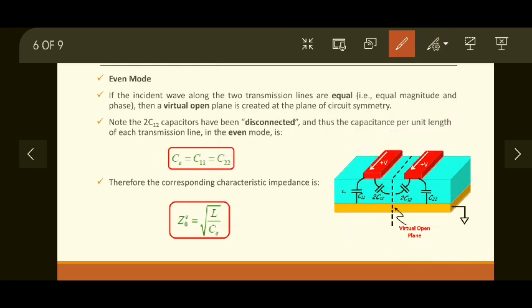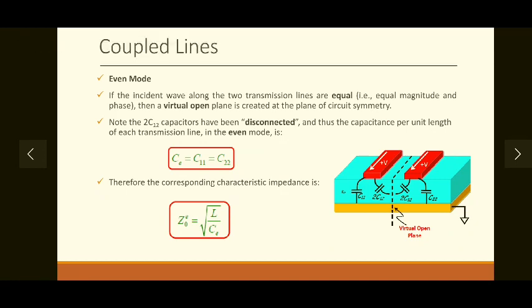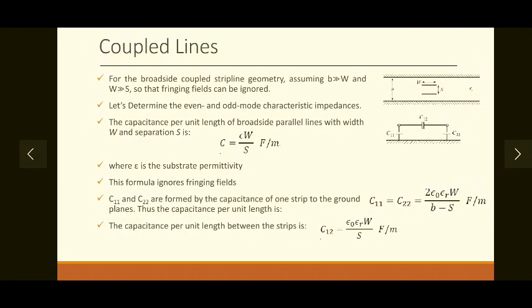So this is even mode analysis of the coupled line. Analysis rather than analysis, I will call it an equivalent geometry. So let's look at the values of C11 and C22 for a broadside coupled strip line. For the broadside coupled strip line geometry, assuming height of a substrate much greater than width of a conductor, that is B is much greater than W, and width of a conductor much greater than spacing between two conductors S,